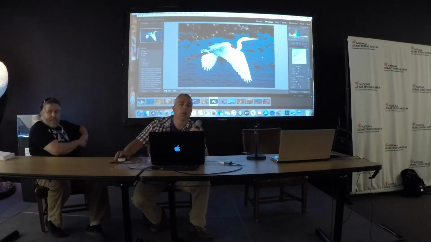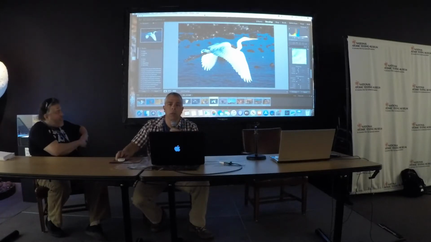Adobe Camera Raw and Lightroom have the exact same engine. Okay, so they should operate the same way. They exactly should operate the same. Yeah, and I have, like I said, I can go right to